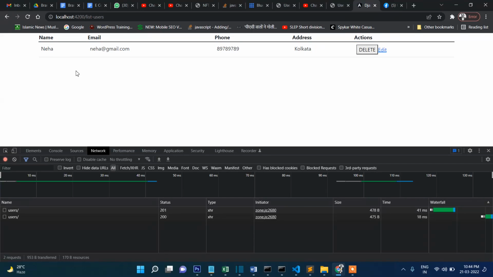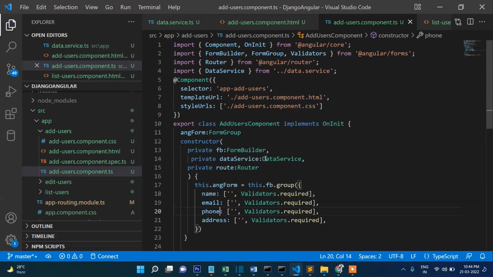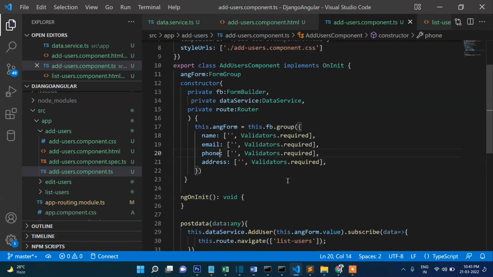So guys, as you can see, it's really very easy to perform add, update, delete, that is CRUD operation using Angular in the frontend and in the backend Django, Python Django REST API. So that's it in this section, and in the next section we will work on the edit part of this application. Guys, it's not working,